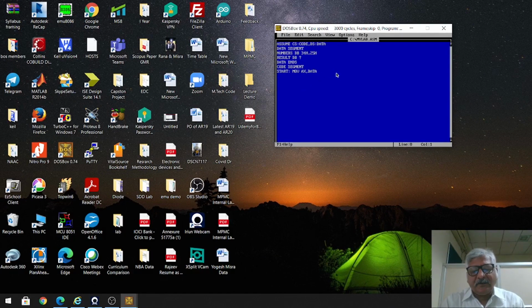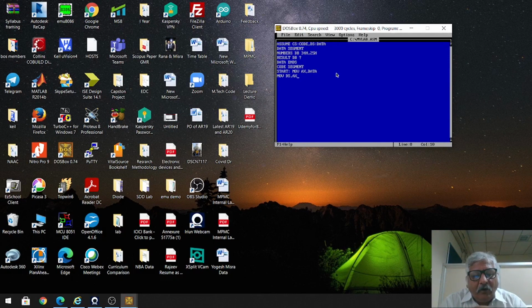After this, the next instruction is mov DS comma AX. The value which I want to load in the data segment register is first loaded in AX. Now this instruction mov DS comma AX will move the content of AX into the DS register. Okay. So now the DS register is defined.